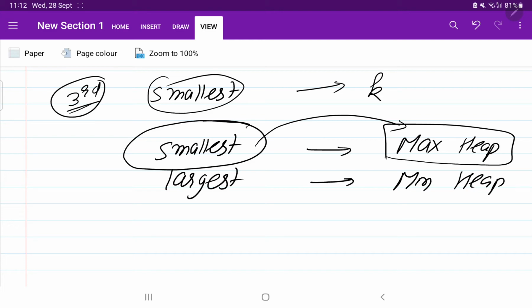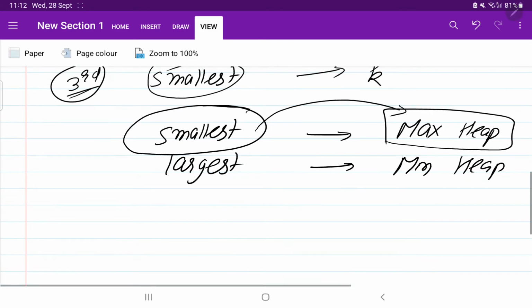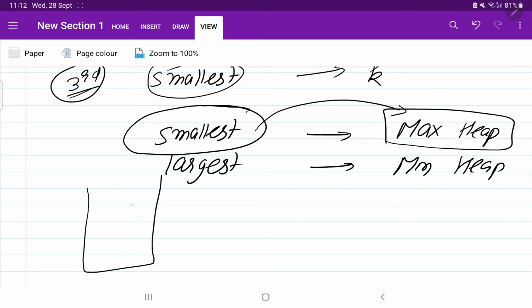So what will happen in the max heap? A max heap will contain the maximum element at the top. What is the logic here? In a max heap, first of all we try to insert k elements into the priority queue.